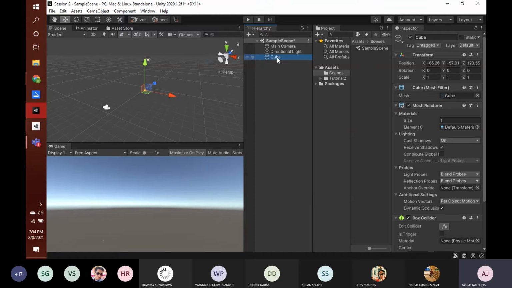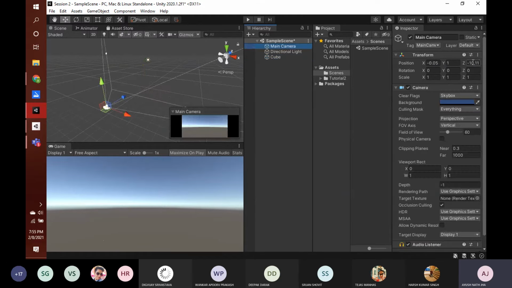For the cube, we have these components. Forget about these things for a while. Let's focus on the transform first. You can see that its x, y, z position is somewhat odd, like 120, minus 57, minus 65.26, and for the main camera, our z position is minus 10.11.